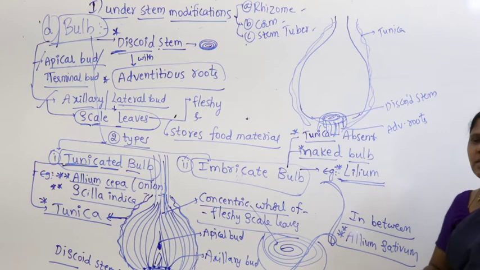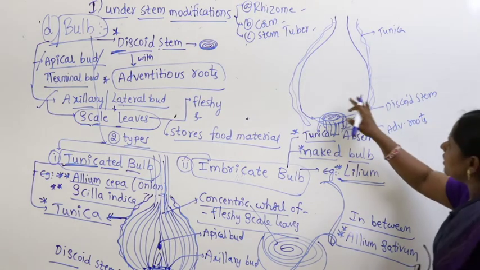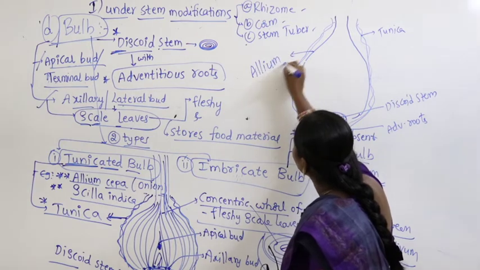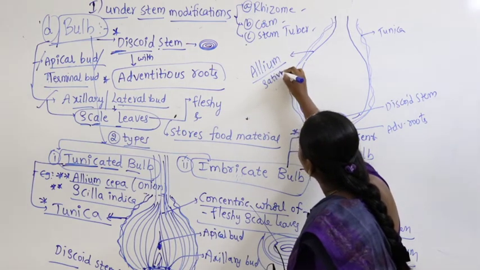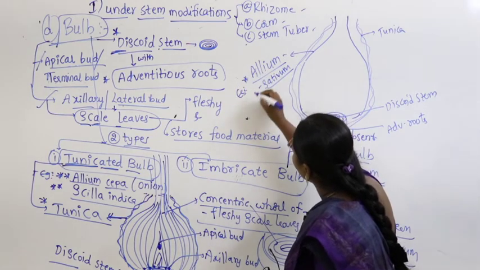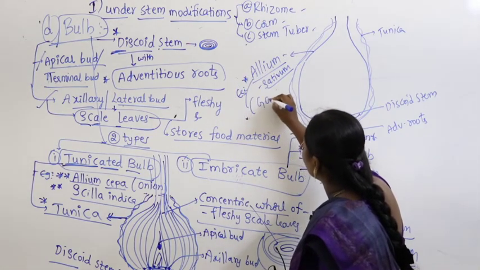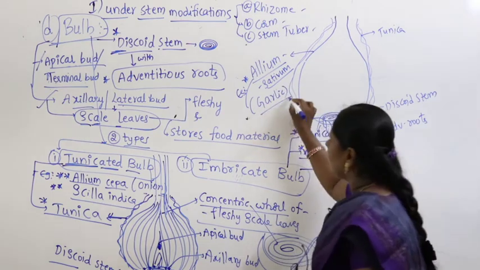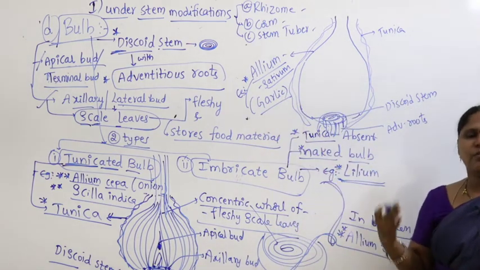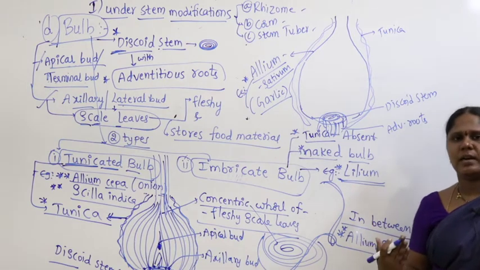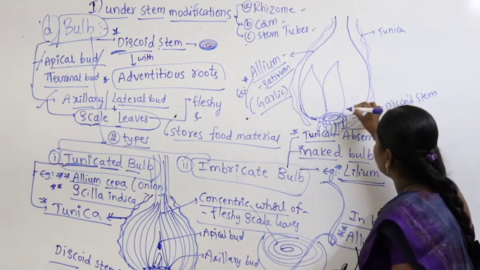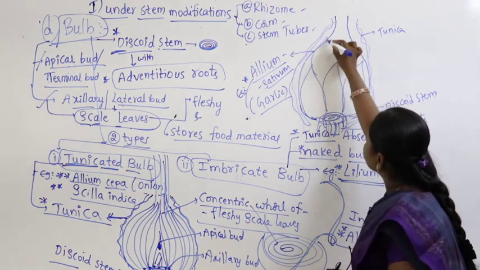What else? You find adventitious roots. But if you look at the case of Allium sativum, what have I drawn here? What I have drawn is Allium sativum. Very important. It's commonly called what? Garlic. Velluli. Right? It's commonly called garlic. But if you observe carefully within the garlic, you can see that the scale leaves become fleshy and they will be like this.